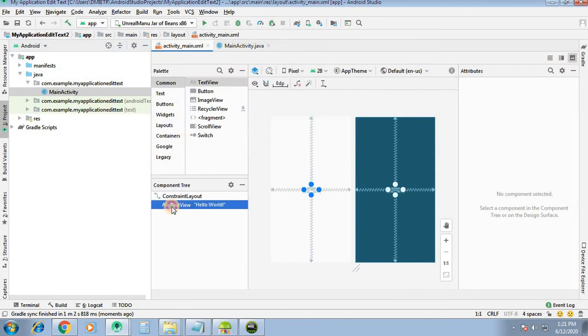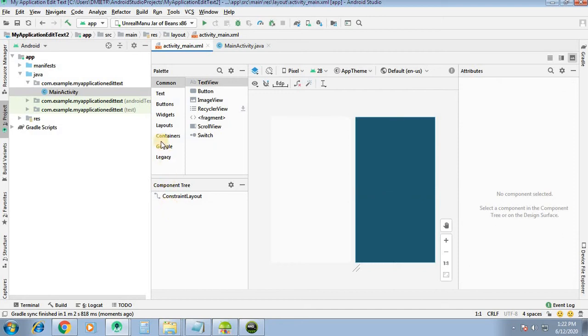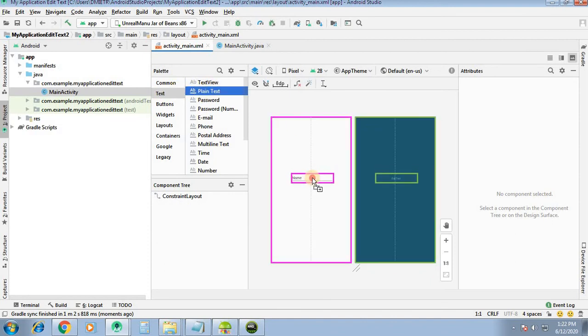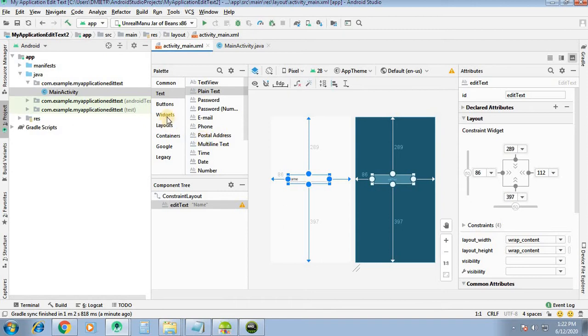So initially we will delete the default text view. Now we will add edit text. So go to text, from text take the plain text. Okay, drop it on our layout and release. Very first we will set the coordinates for this. Okay, these are the coordinates, and again we will take a button.